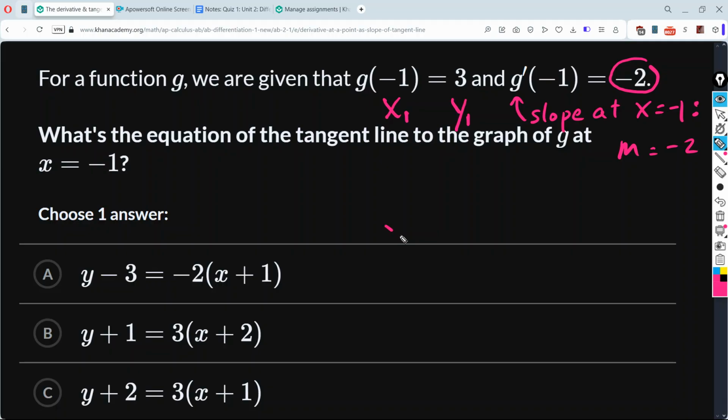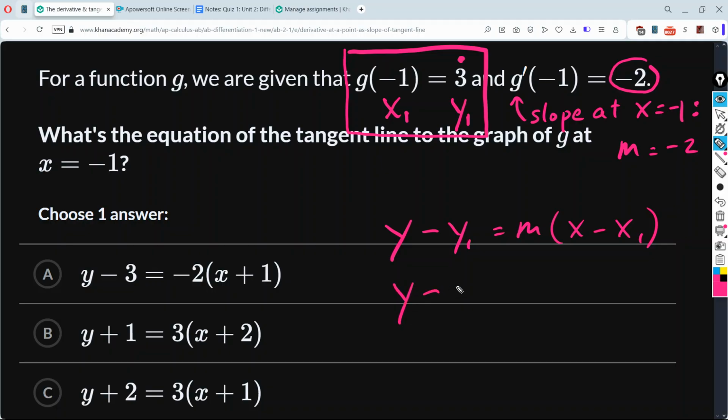If you just write your equation for point slope form, y minus y1 equals m times x minus x1. Okay, they gave us the point already. They gave it to us right here. So in place of y1, we're going to sub in 3. So that's going to be y minus 3. And that equals the slope m, which is -2,